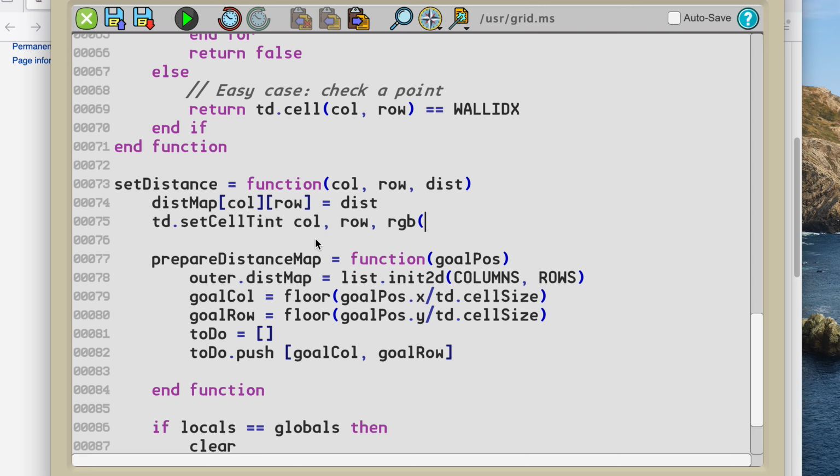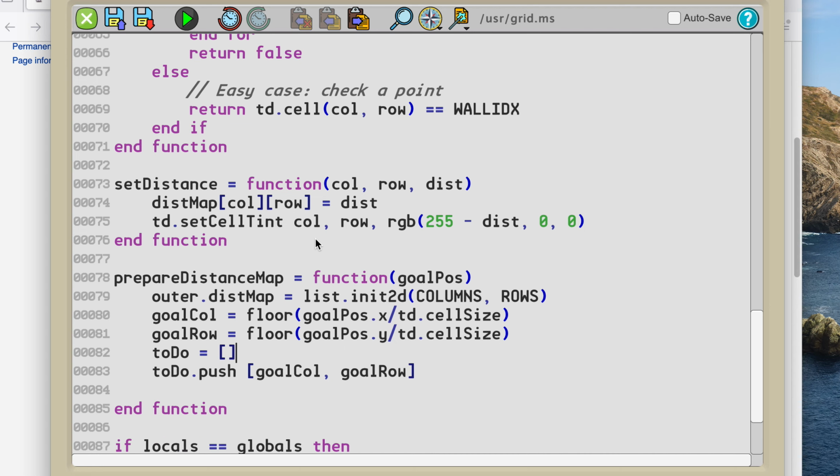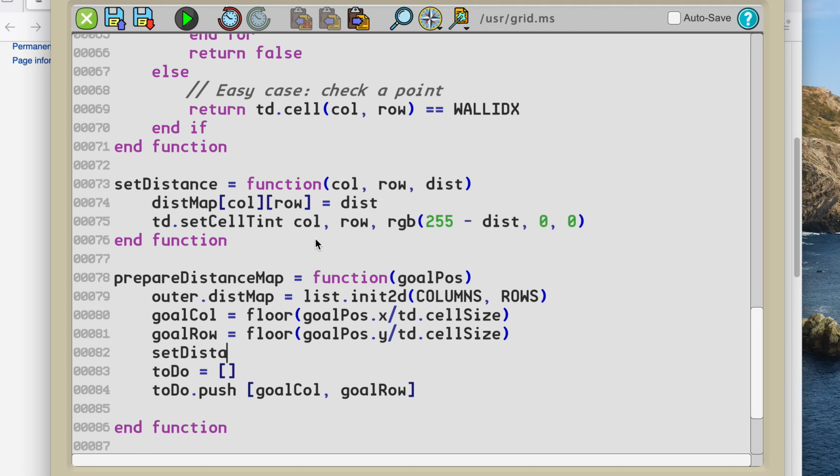Actually, that makes sense. 255 minus distance. We can play with this later. 0, 0. All right. So when we have the goal row in position, we can set distance goal column, goal row 0,